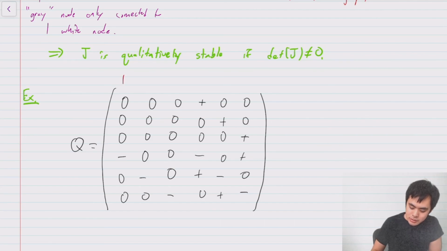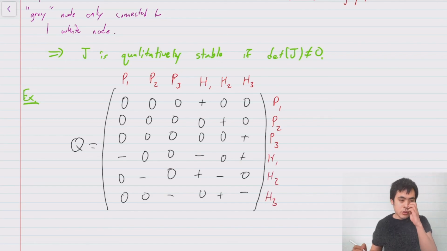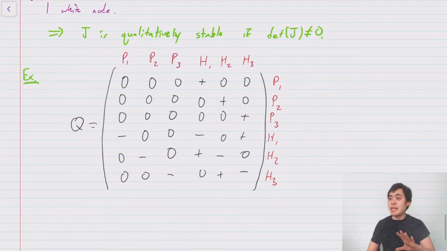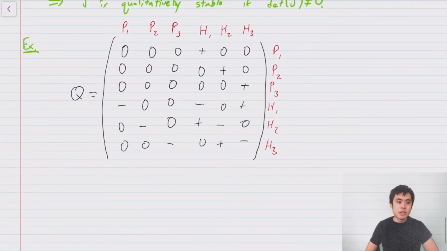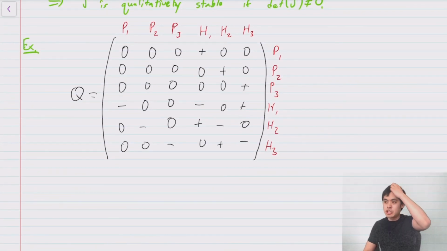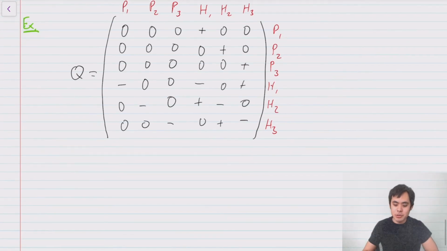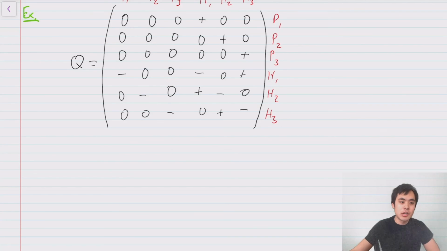So this is parasite 1, parasite 2, parasite 3, host 1, host 2, host 3. And you can pretty much ignore it, except that this is going to be the labeling of the matrix. So given this particular sign matrix, which arises from some model of host-parasite interactions, which we're not going to worry about so much now, let's go ahead and draw the